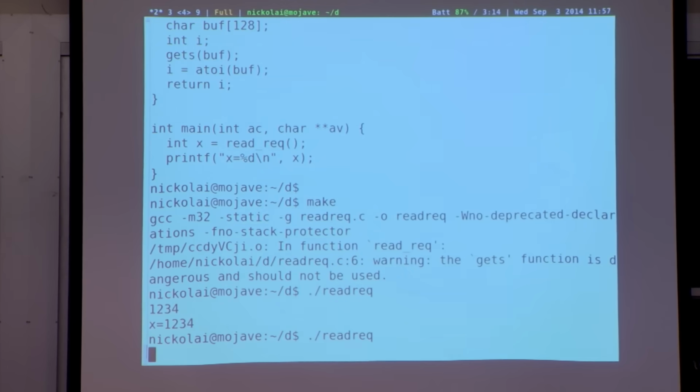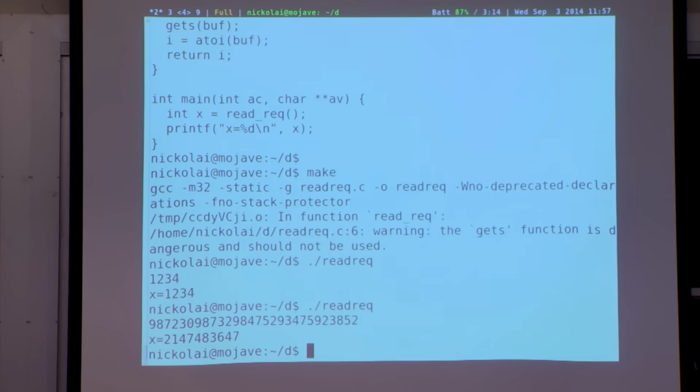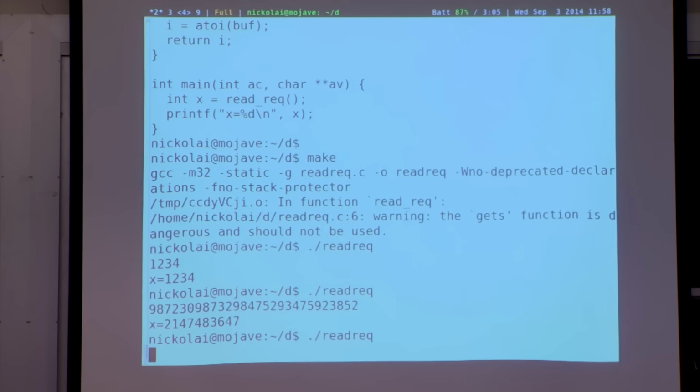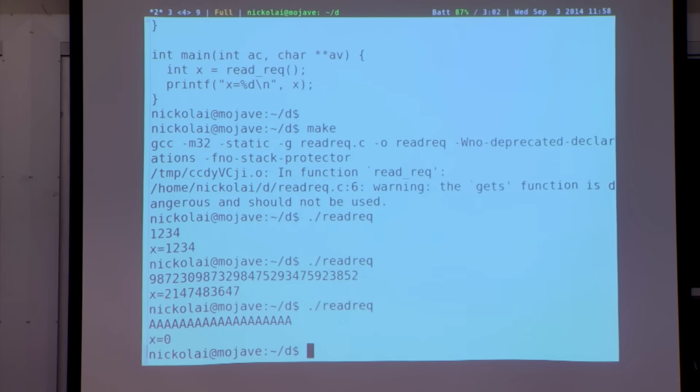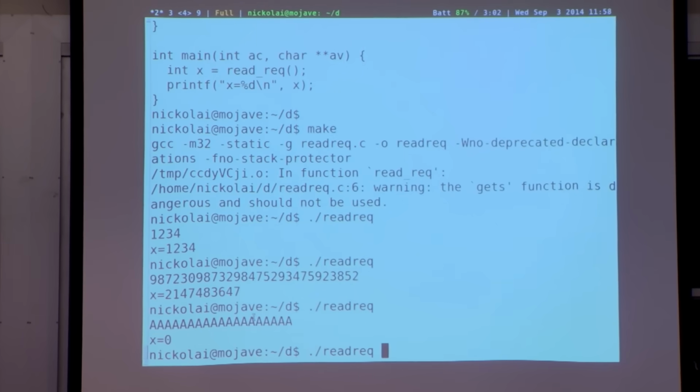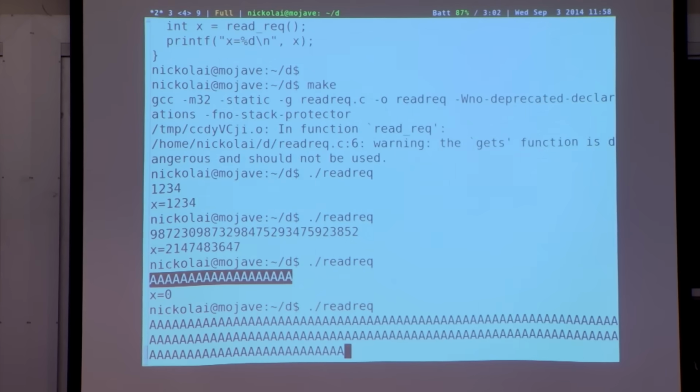Let's see if I provide large inputs. If I type in some large number, at least it gives me some large number. It basically maxes out at 2 to the 31 and doesn't go any higher. That's maybe not disastrous; you provided a ridiculously large number and got something that didn't quite work. So there's not quite a problem yet. But if we provide some really large input, we might get other problems. If I provide things that are not numbers, it prints 0. That's not so bad. But suppose I paste in a huge number of A's.